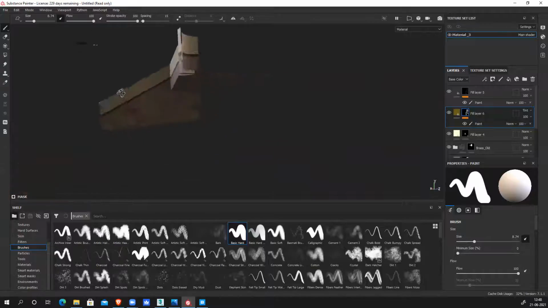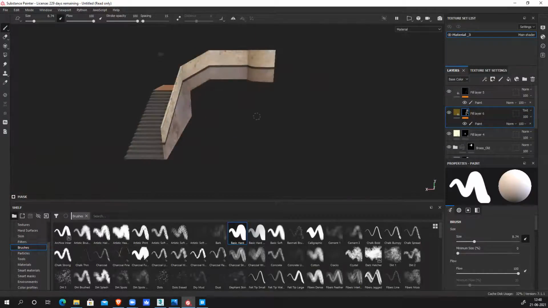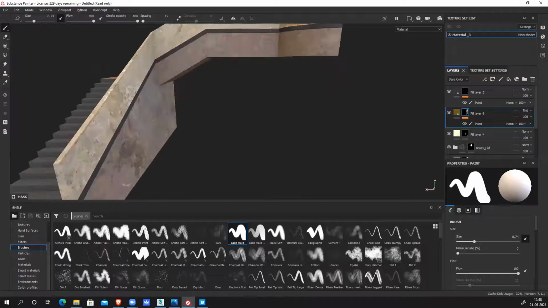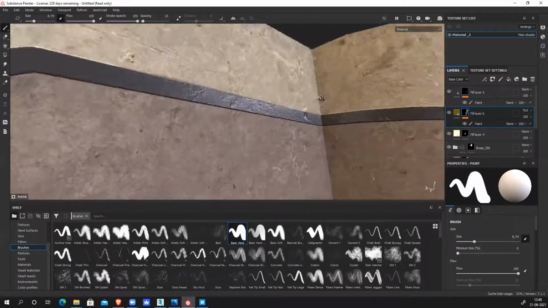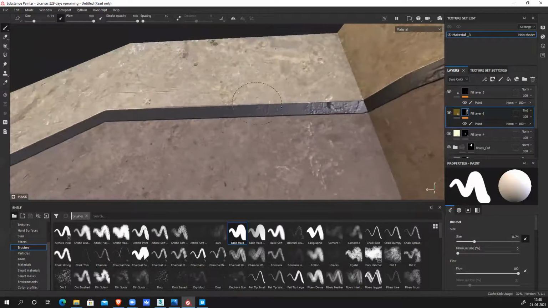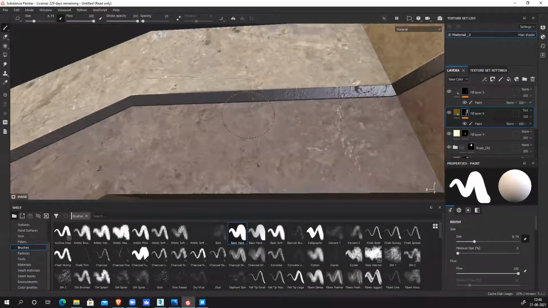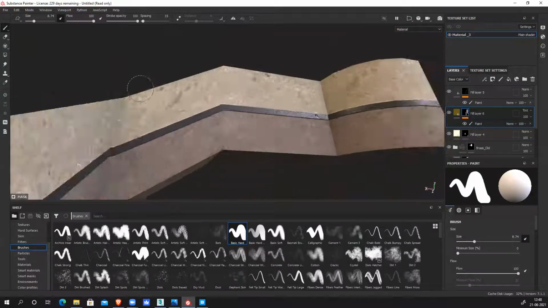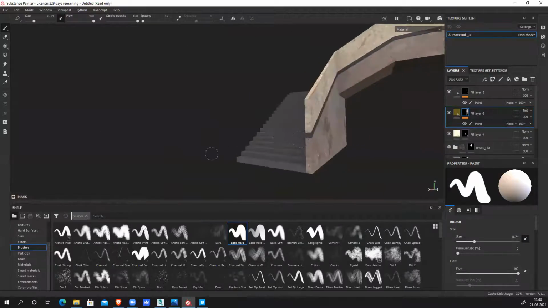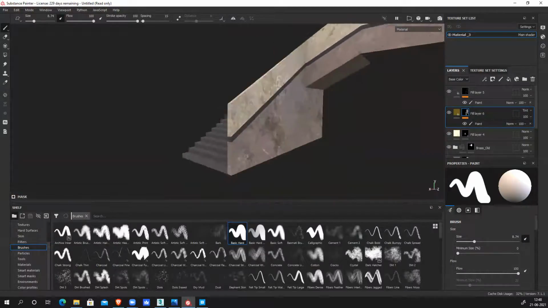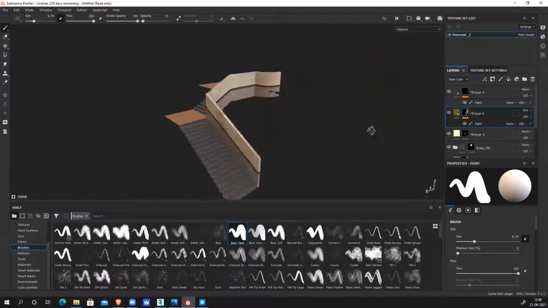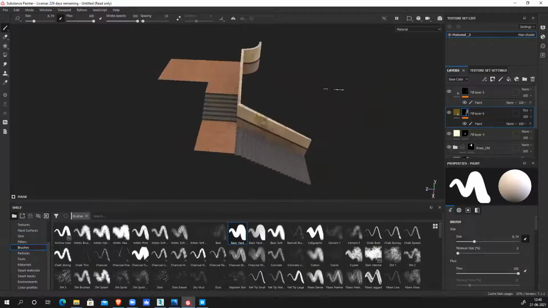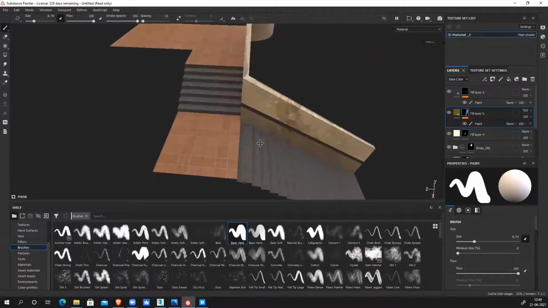So see, my color separation is ready, plus the texture detail is ready. And if you go to this gray strip, there also you can see the difference, because I have added a little color. It's just a solid color, and the normal information, everything is already there. It's picking it up from the base. So the basic structure all over, you can see my detail, color tone and everything I have added here. If I want to add something here, I can definitely go ahead and do it very easily.